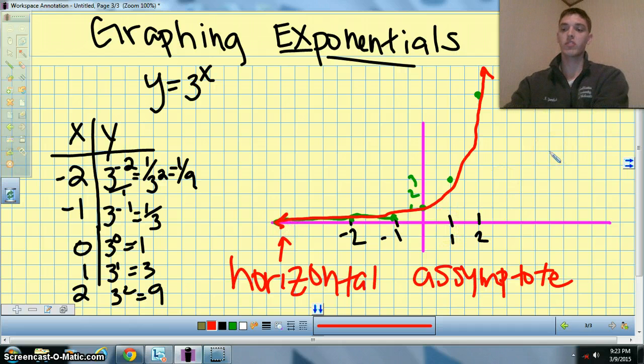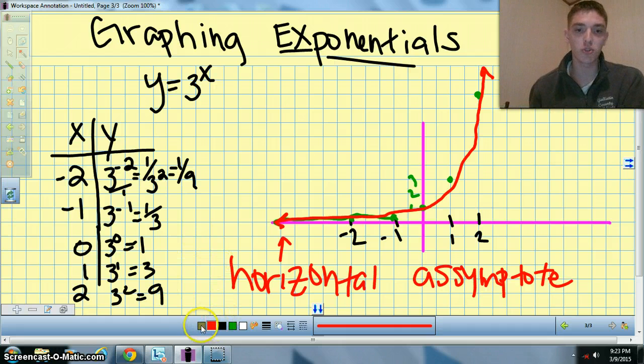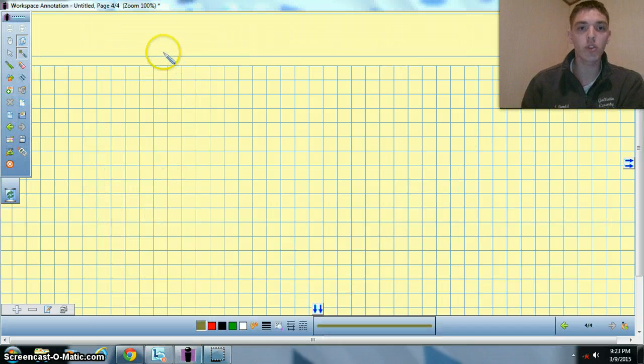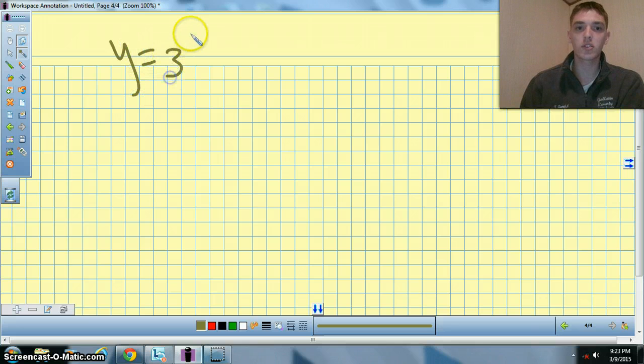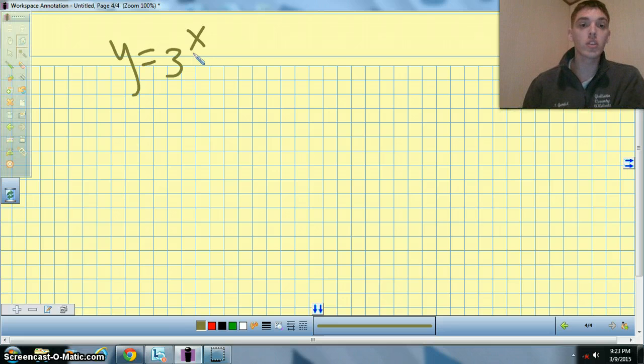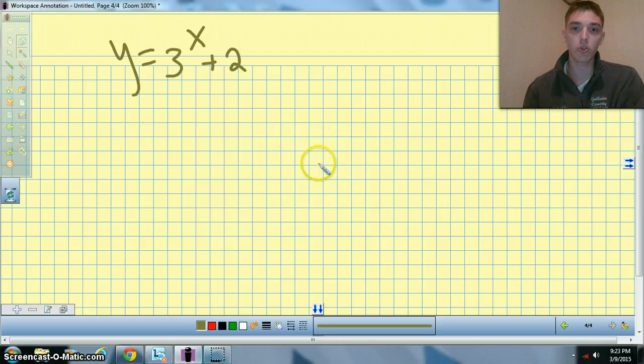Okay, now there are a few different transformations we can do with this graph. So let's start over here. If we had y equals 3 to the x, and we tacked on a plus 2 on the end, it's going to shift the whole graph up 2. So if this was our original graph,